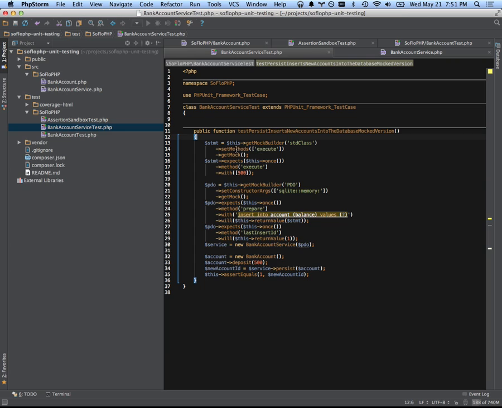The reason I use std class here is because mocking PDO is tricky, unfortunately, because you can't serialize that class, and the way PHPUnit creates mocks without calling the original constructor is by using serialization. So you can't do that for PDO, but fortunately we don't actually need the value that gets returned to really be a PDO statement, so I can just tell it to create a mock of an std class, and that's fine. So I tell it I'm going to call the execute method, and I call the execute method with 500. So now,